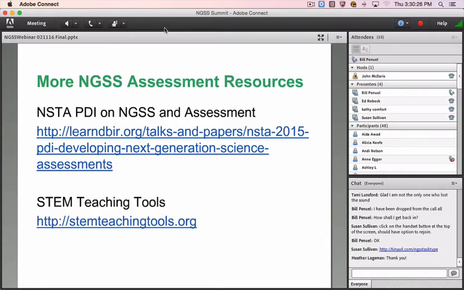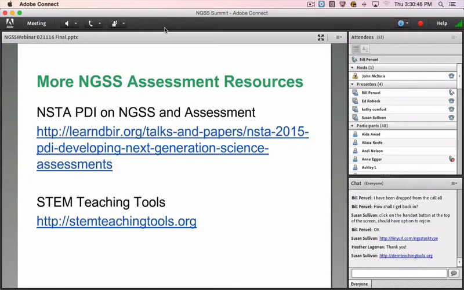And then finally, and I've put some of these in the chat box, my colleague Phil Bell at the University of Washington has a wonderful website called STEM Teaching Tools, which is a great resource for getting people started talking about assessment in the NGSS. There are 3 resources related to assessment, including a summary of the NRC report and some work on classroom assessment there. So I would really recommend these. These are great tools that you can use in teacher professional development and also as you begin to plan together for state teams around NGSS assessment design.